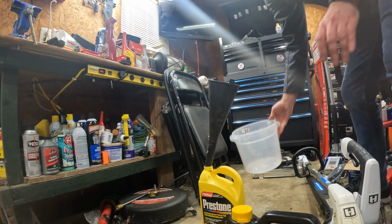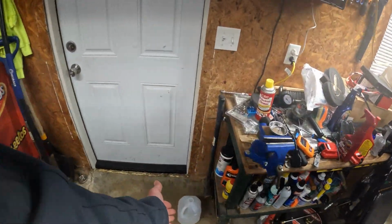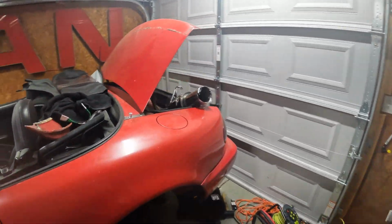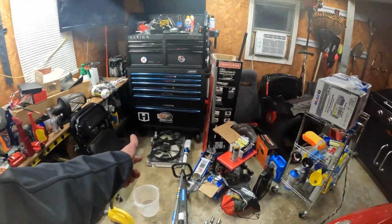Okay, so now we have successfully taken a jug of concentrate and a jug of water, combined it to make 2 gallons. So now I'm going to start hammering at this Miata over the next week. I got a new schedule at work, so it allows me to get off earlier in the evening. I come home and come out here and work for a little while. I'm going to finish up everything for the 5-speed swap. I'm going to bleed the brakes again, rearrange these brake lines a little bit, and then put that in there,